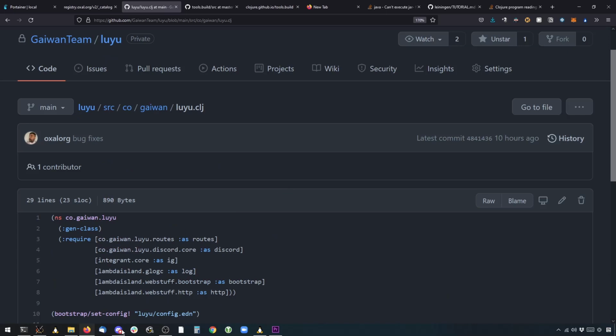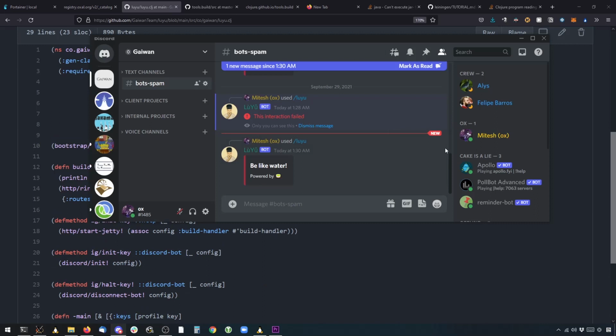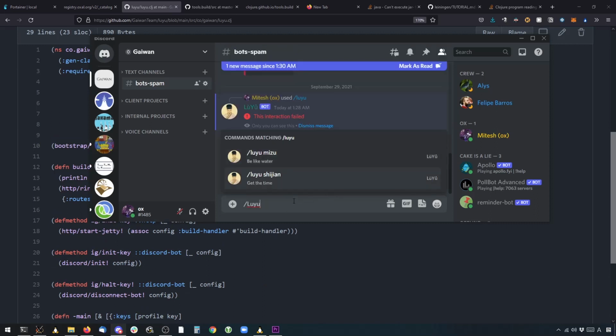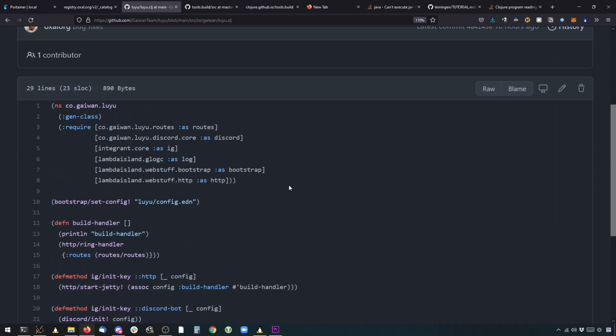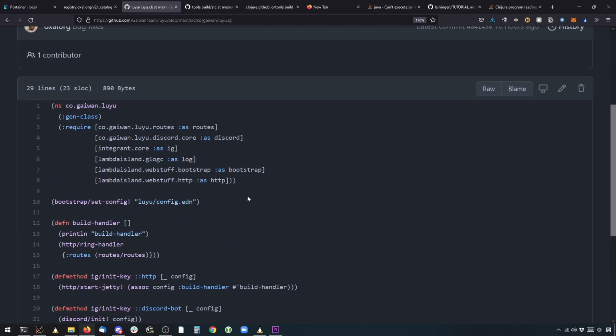We want to automate some of the tasks and I've been working on it locally for the time being. And as you can see here, this is our bot named Luyu and it registers a couple of commands and we want to add more integrations to it from Notion, Clockify, etc. So I want to deploy this and this is what I'm going to try and do right now using Docker.